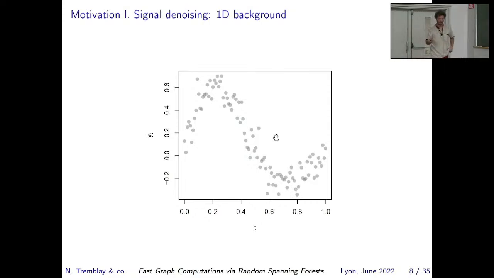So here's the motivation for signal denoising on graphs. So first, maybe signal denoising is not very familiar to everybody, so I'm just going to talk about the 1D classical denoising case. So I have a bunch of measures here in time, okay, and I want to estimate the underlying signal that I'm actually measuring, the ground truth in a sense. So this is one option. So how did I do this? Well, by just doing a sliding window and just plotting the mean on a sliding window.